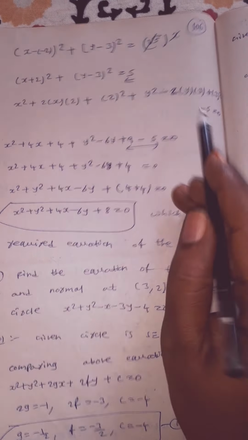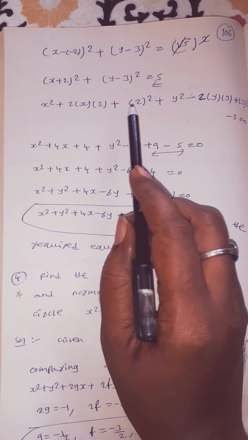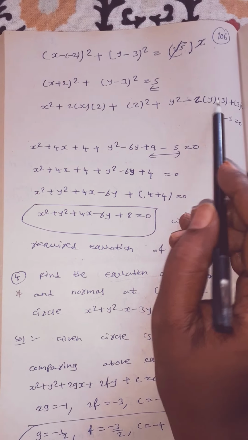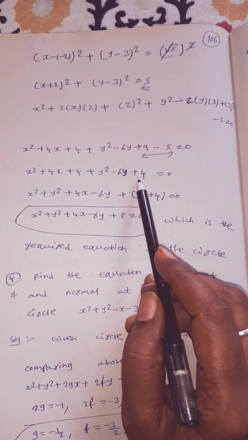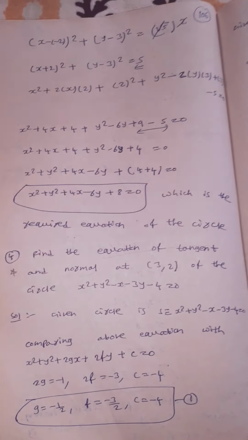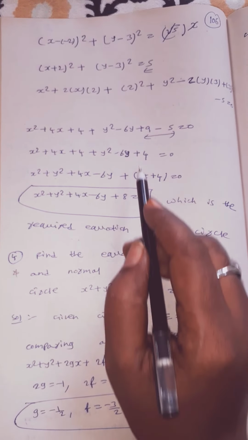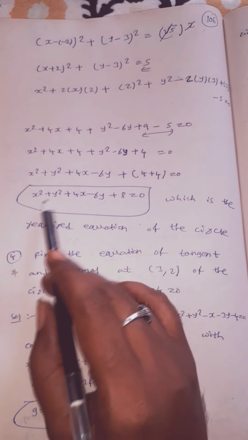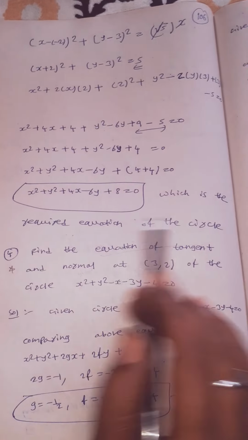Sending this to this side, it will come minus. So x square plus 2 into 2 is 4, 2 square is 4. y square, 2 into 3 is 6, 3 square is 9. Minus 5. 9 minus 5, how much, children? 4. So now x square plus y square plus 4x minus 6y plus, write the constants in one bracket, children. 4 plus 4 is 8. So x square plus y square plus 4x minus 6y plus 8 equal to 0, which is the required equation of